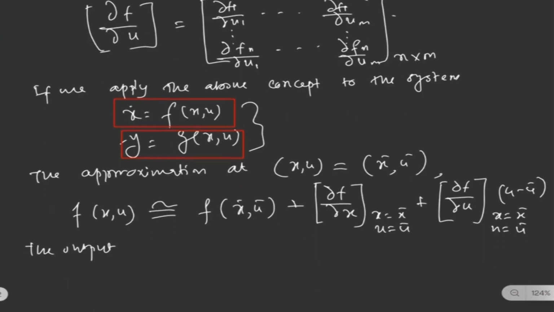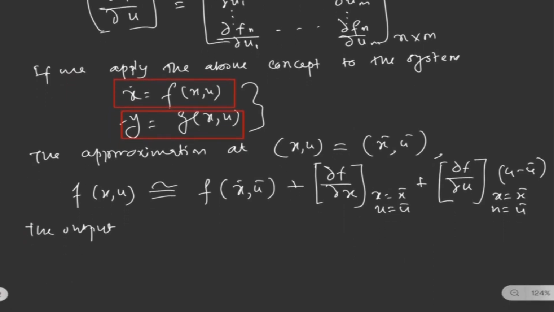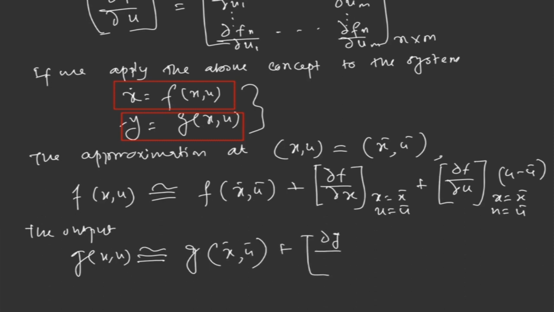Here we'll apply the same concept for the output equation as well. So the output equation we can write z of x, u equivalent to z of x bar, u bar plus dou z dou x